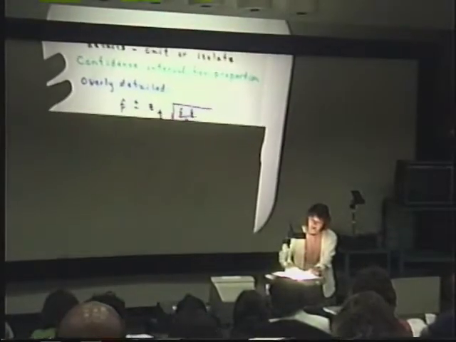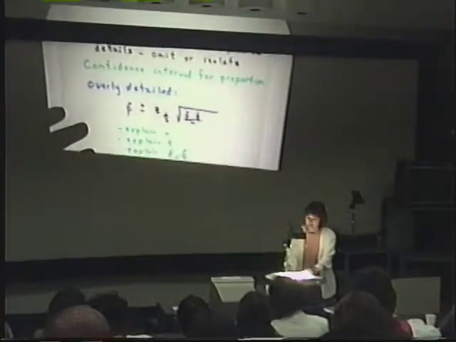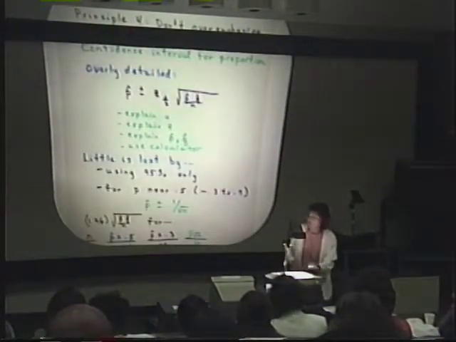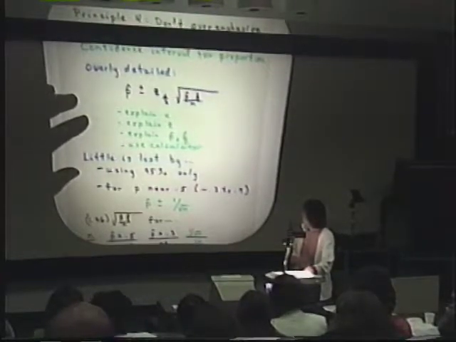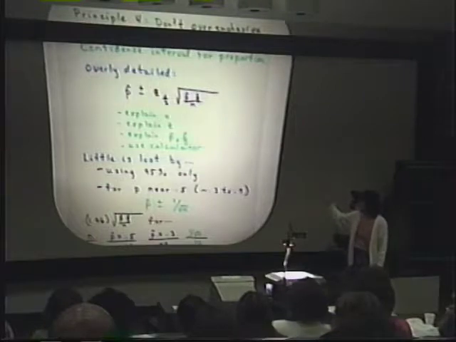Okay, principle 4, don't overemphasize the details. And let me give you an example here. A confidence interval for a proportion. And I'll just show you the whole thing here. I think it's overly detailed these days to go into all of the detail of explaining all of this stuff